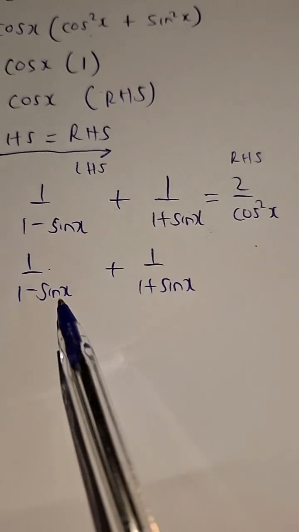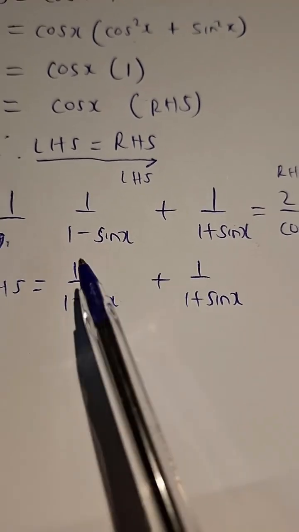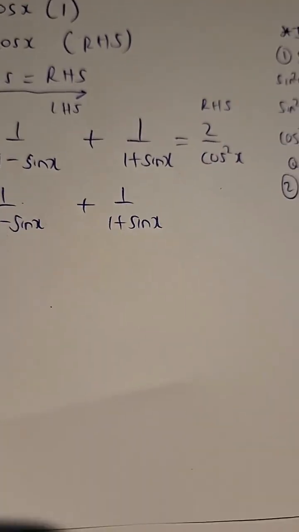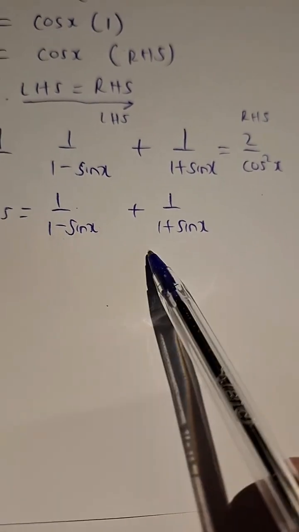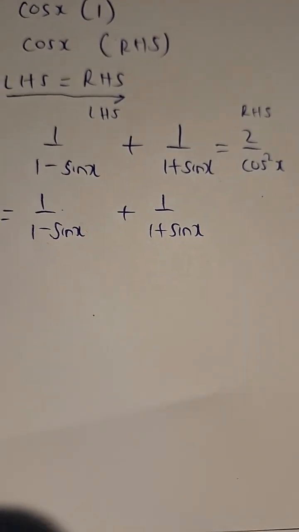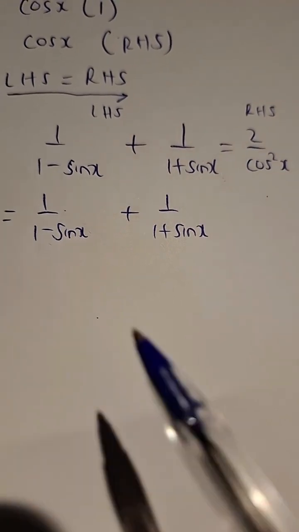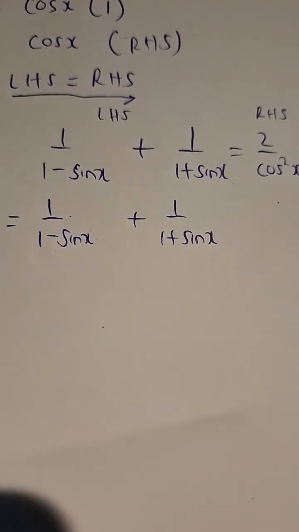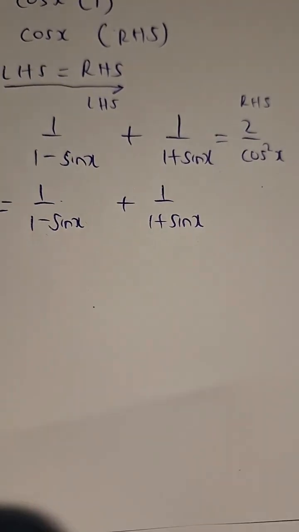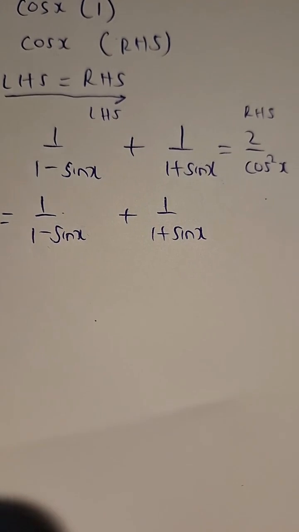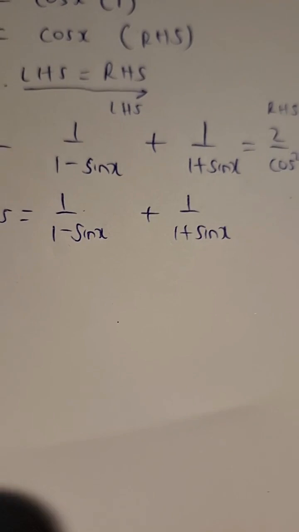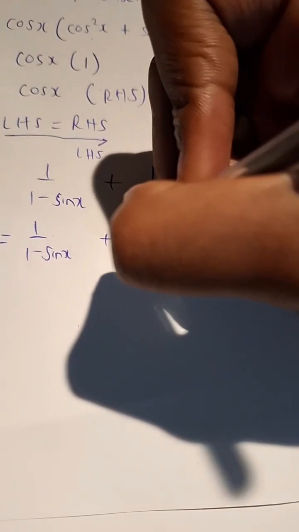Now, guys, here we have fractions, okay? We have 1 over 1 minus sine x plus 1 over 1 plus sine x. So we are going to take these fractions and add them, applying what we know as the addition of fractions. Let me suggest, if there are two fractions, there is a very simple way, without really even thinking. If there are three, then you cannot apply this strategy. But if there are two fractions and they are added or subtracted, you can apply the following approach. All you do is you take this 1 plus sine x,